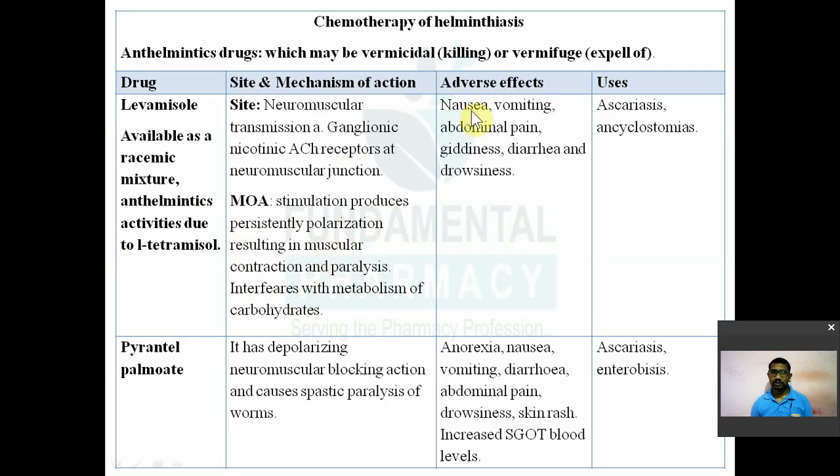So adverse effects of levamisole include routine adverse effects like nausea, vomiting, abdominal pain, diarrhea, drowsiness, giddiness. That is not much important. Just remember the mechanism of action and this part. Then it is used in ascariasis, an infection caused by Ascaris, and in ancylostomiasis. So these are its uses. Now the next drug is